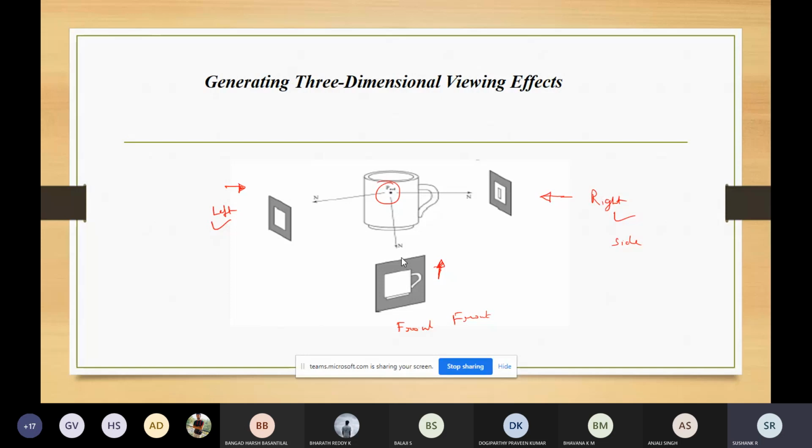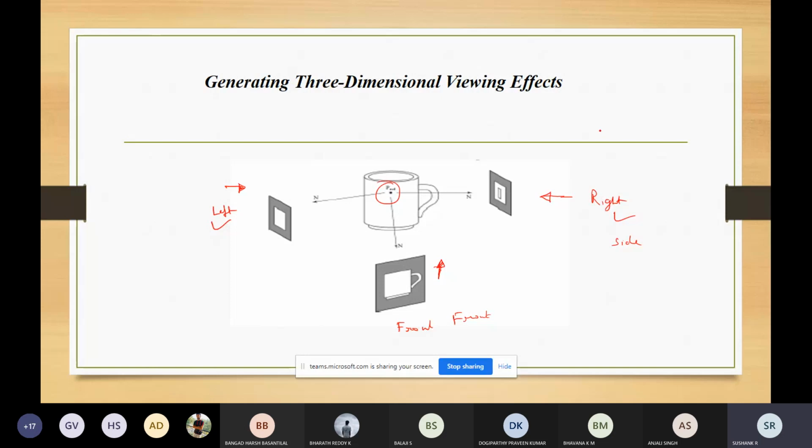So this is one methodology. Or also you can use the geometric transformations to get a different view of this object. Different view of this object means geometric transformation, which means you can rotate. So you can keep the viewing parameters as constant. See, the viewing parameter is getting changed, no?